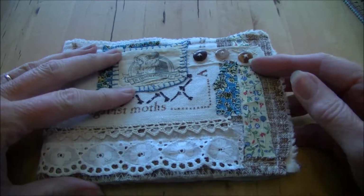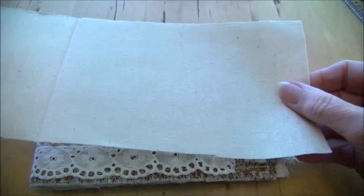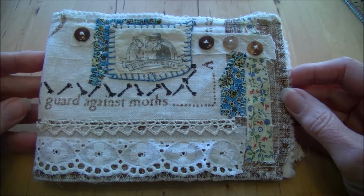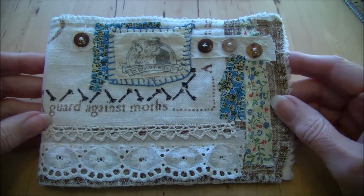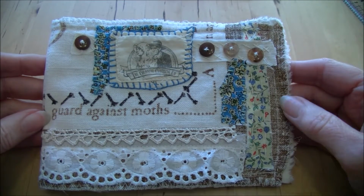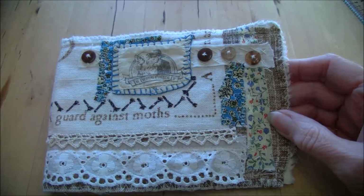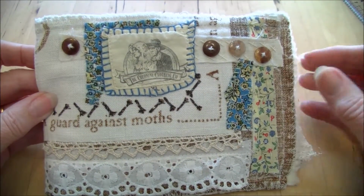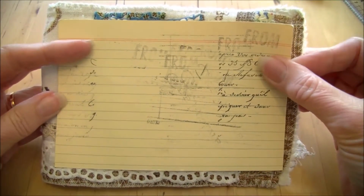journal, and you recall I had fabric pages ready to go. On this particular one I opted for something a little bit different because lace always makes me think about the old days and memories, the old times. And what I ended up doing was using one of the old tea towels I had in my stash, and I cut out using the same dimensions as I used for my first fabric journal. So essentially, if you look at it against the index card, it's slightly bigger than the 6x4,